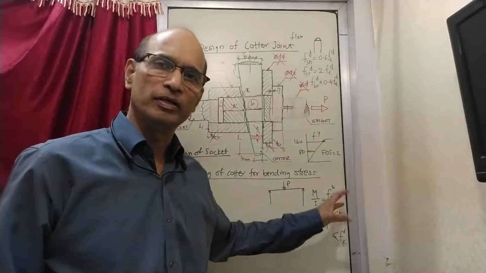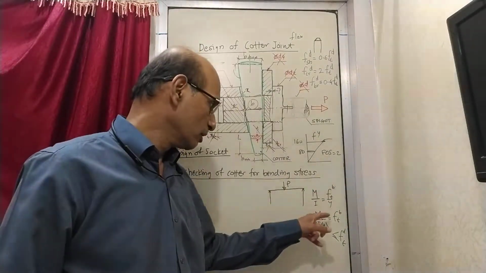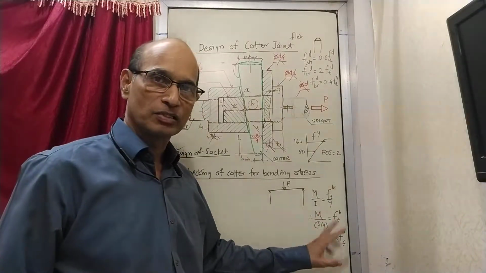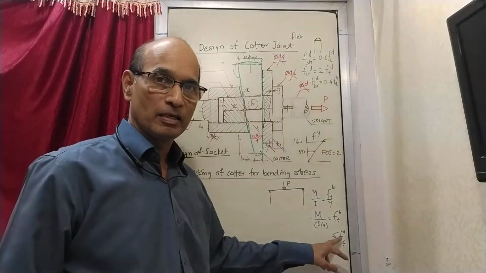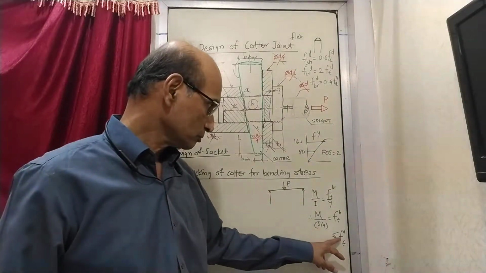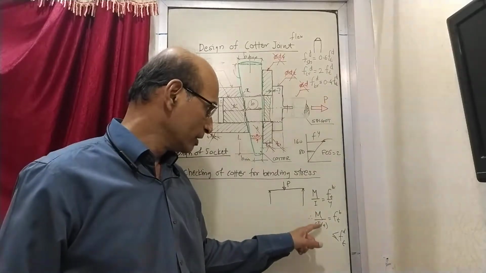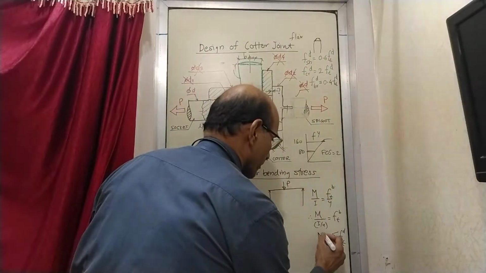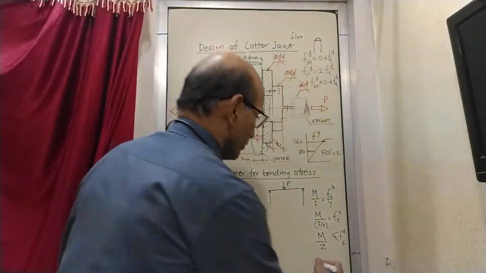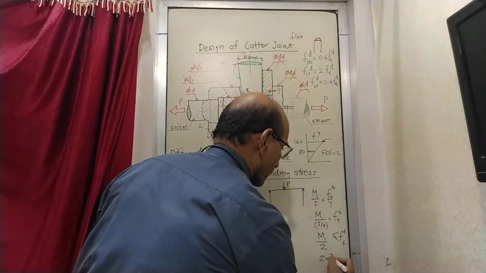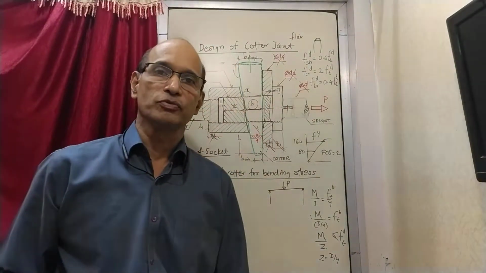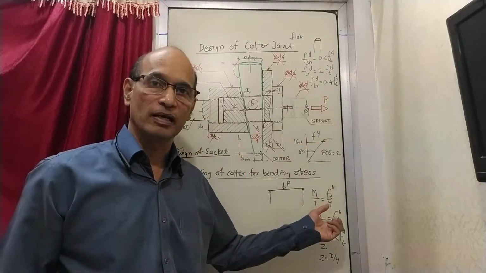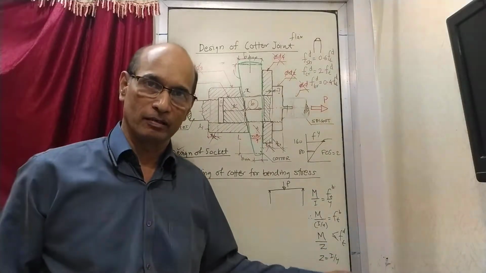Bending stress is not anything new, it is just tensile stress only. The only thing is the value of tensile stress, what is induced, this should be less than the design stress, which is already given to us as 80 megapascals. So we have to find out M. We have to divide this M by this factor I upon Y, which is also called as Z. M upon Z. Z is section modulus, where Z is equal to I upon Y. Something from strength of materials, which we have already done earlier. So that's why I said just go back and revise whatever was learned earlier, because that is all what we are going to require again here.